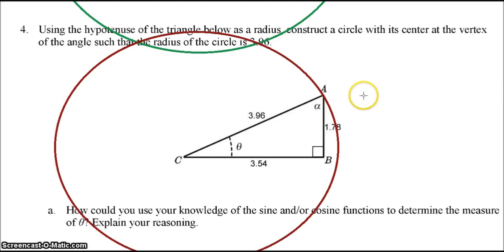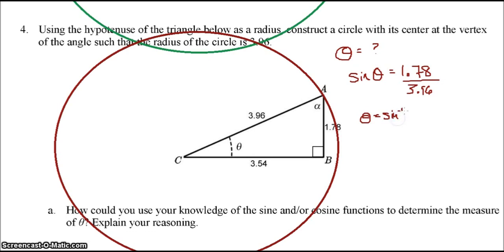Well, we could do this a lot of ways. This one's a little different because we want to find theta. So we know that sine of theta would be 1.78 over 3.96. That means that theta would be the inverse sine of 1.78 over 3.96,